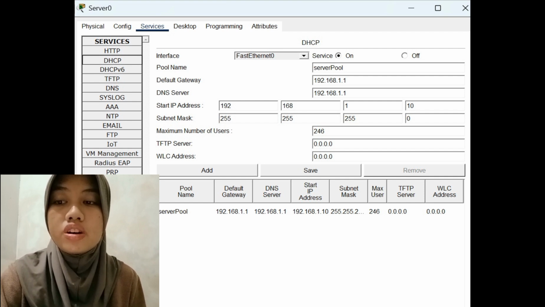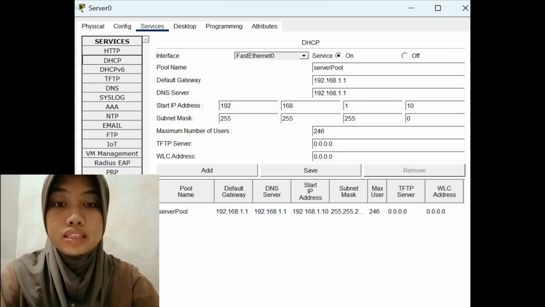Then set the pool configuration, with the server starting IP address from 10, the first IP address to be shared, the subnet mask, and the maximum number of users, and then click save.